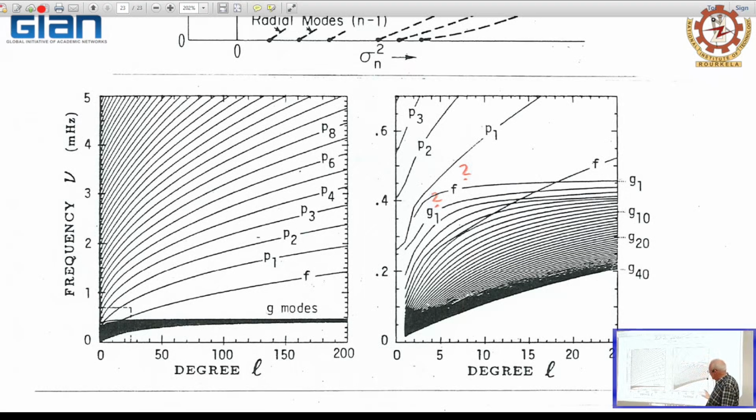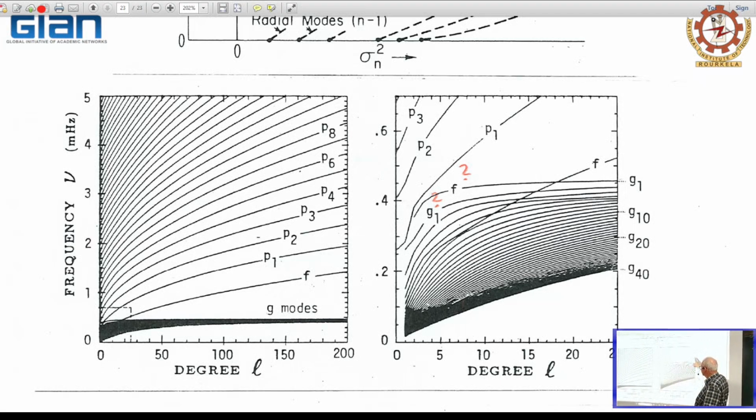But if you go to lower degrees, even for the stellar model, then you will find that if you enlarge the part from harmonic degree 0 to 25, what you see is that the P modes seem to enter the G mode regime,